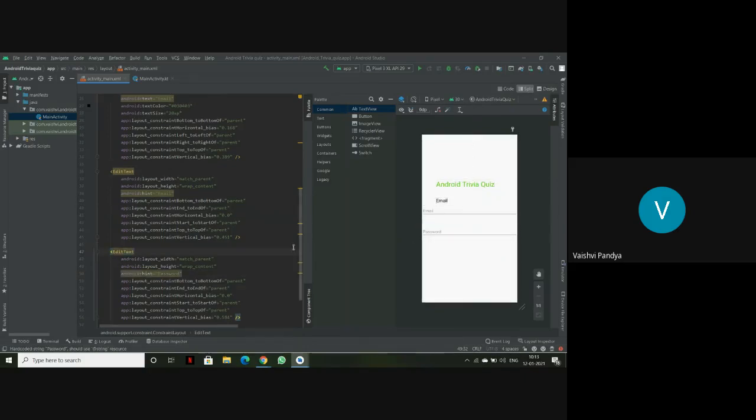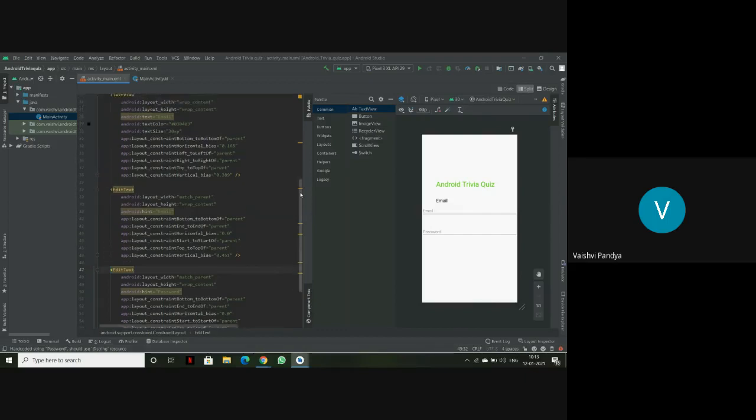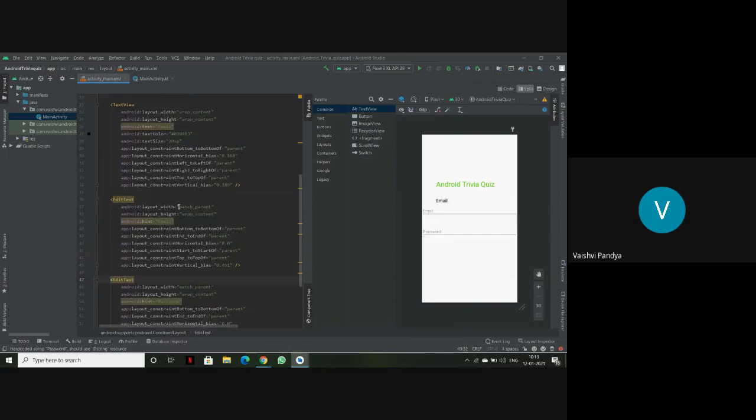So as you can see, our page looks good, I think. And here the email and password is where the user will enter their email and password. Here in this, let's give it a number. So it's like 300 SP. The line is too big.